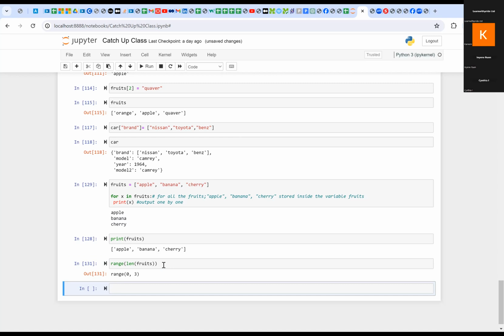You understand? So now this is a list. The range here is 0 and 3. You understand? 0 and 3, that means 0, 1, 2. It doesn't pick the last one. So the range is 0 and 3. So you can say,